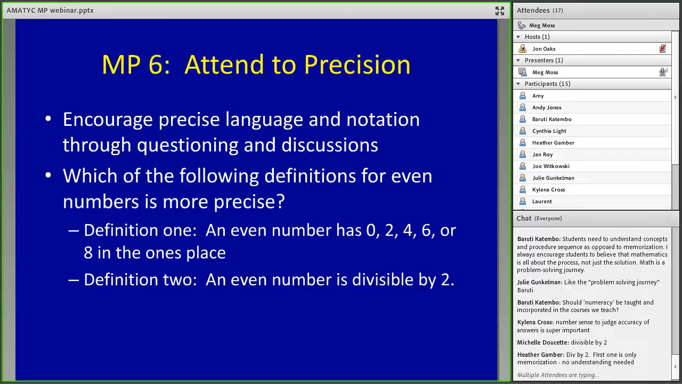Great point, Heather. Yeah, the first one's just memorization. No understanding is needed, and it doesn't tell you anything about what an even number is, right? And the other number to think about when you think about these definitions is the number